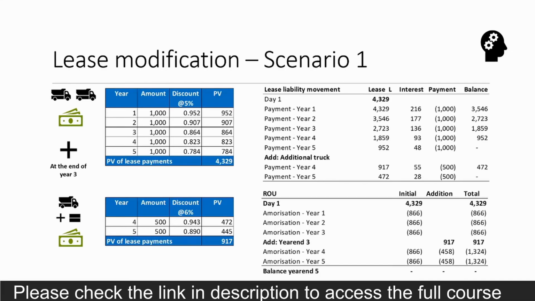And in this amortization table, the amortization has been worked out with a useful life of 5 years. We can see that because of the increase in ROU in 3rd year, the amortization has also increased in the last 2 years. And that is it. We are done with our first example. I hope now you are very clear on the concept of separate lease modification. If you still have doubts, watch the video again, do some practice and you will get it for sure.